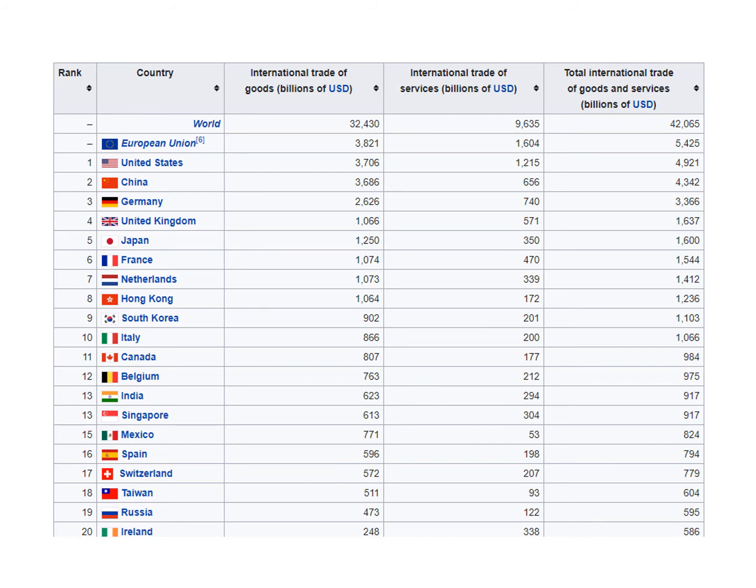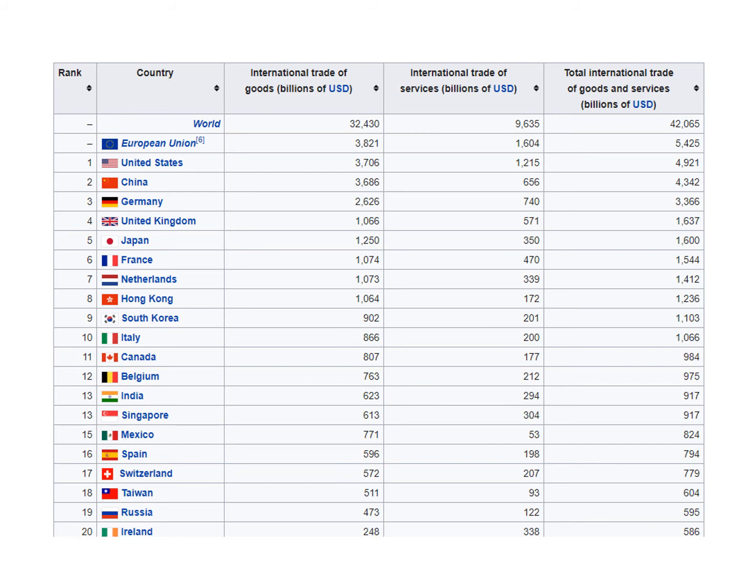Now, obviously, that's not really a proper comparison because there's many countries in the EU, but it's one way of explaining it. So the second largest trader is China. $3,686,000,000,000 in goods. Look how much fewer in services, 656 billion, less than $1 trillion worth of services traded. 4,342,000,000,000 in total. And then we got Germany, UK, Japan, France, Netherlands, Hong Kong, South Korea, Italy, Canada, Belgium, India,